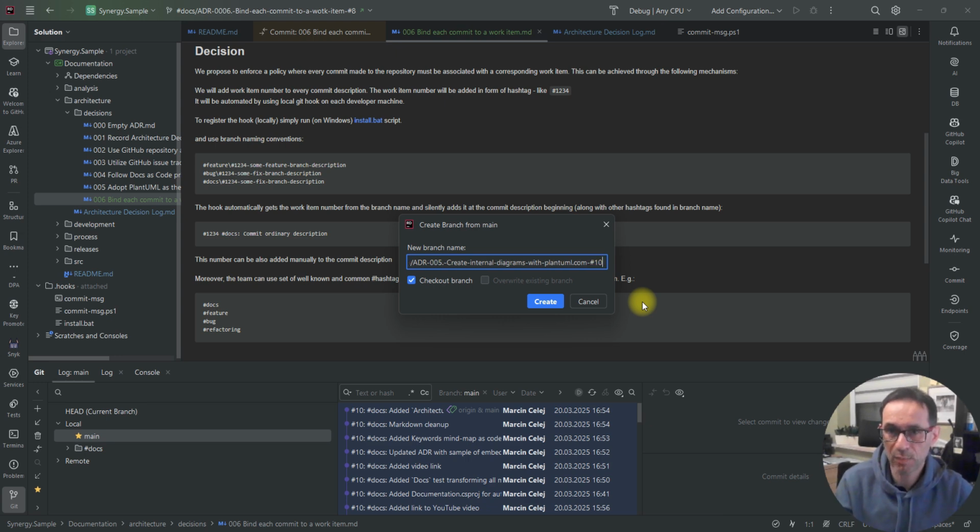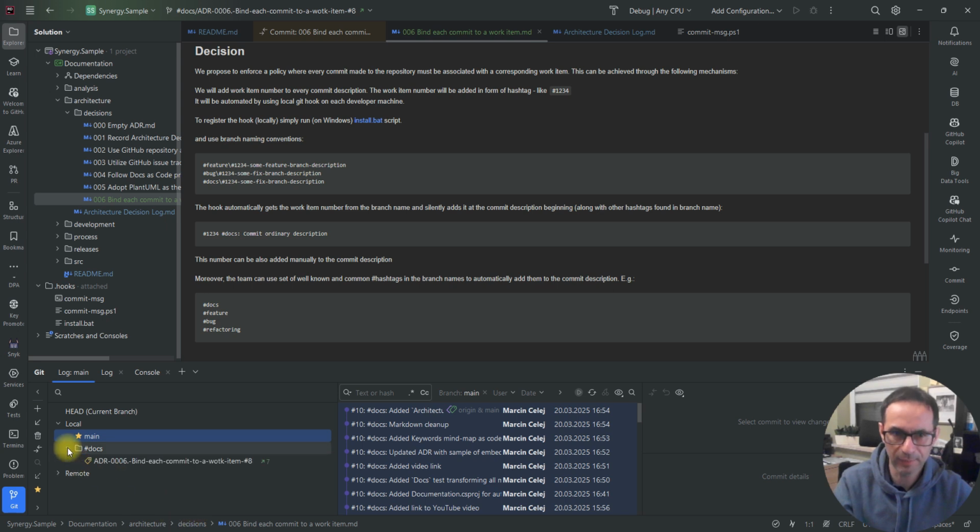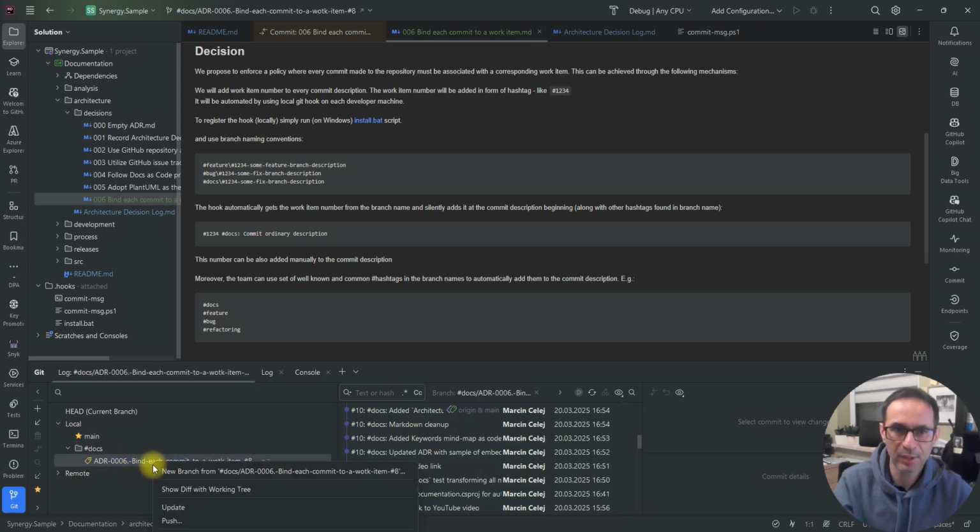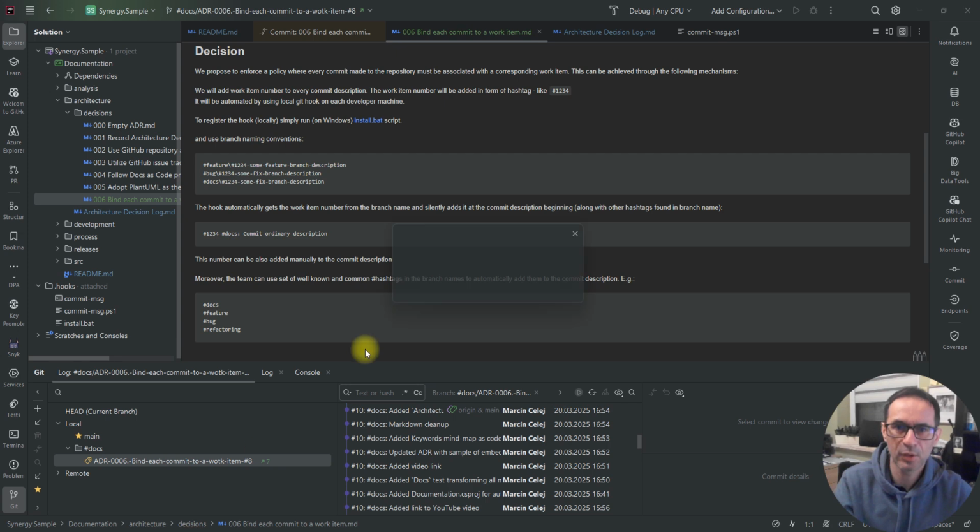And the first one is hash 10, which is just an issue number. So this is the proper name of the branch according to our branch naming conventions. Yeah, let's cancel it because I already have it. I already have such a branch name. Let's show it. So hash docs,